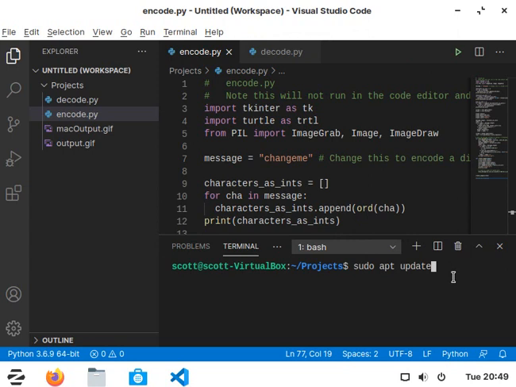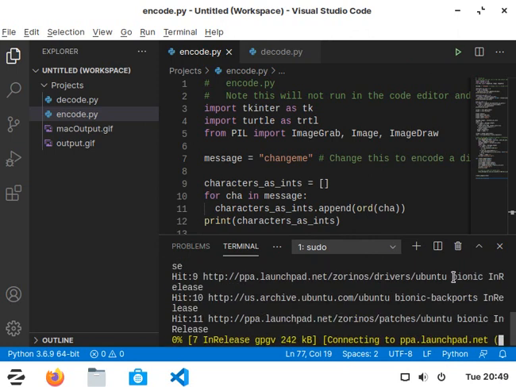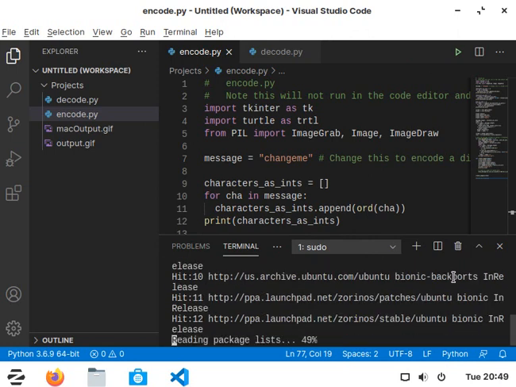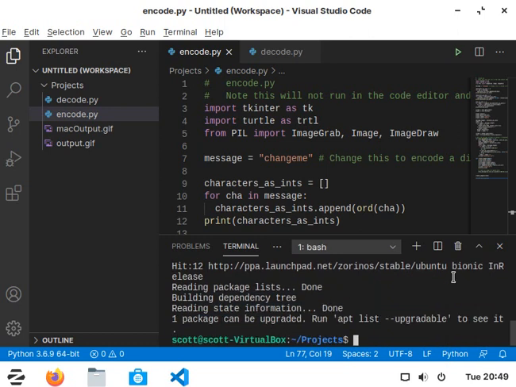It's usually a good idea to run an update before you make any new installations, so I'm just going to put in sudo apt update. It will prompt me for my password. It'll take just a few moments to run those updates. And then